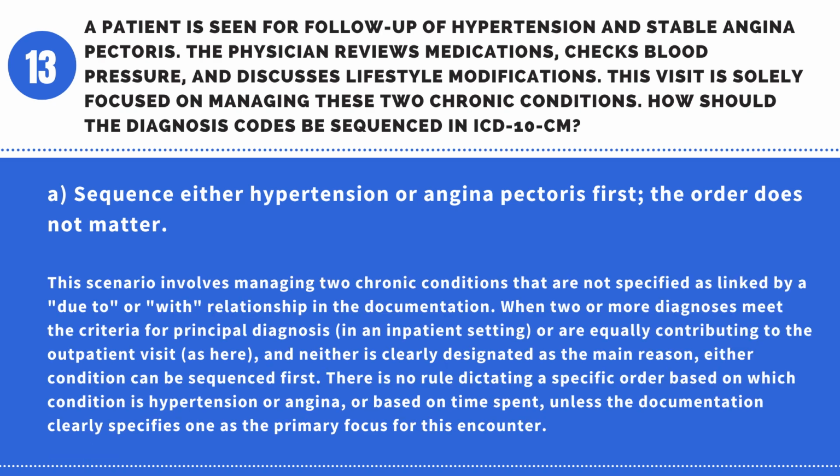Answer: A. Sequence either hypertension or angina pectoris first. The order does not matter. This scenario involves managing two chronic conditions that are not specified as linked by a "due to" or "with" relationship in the documentation. When two or more diagnoses meet the criteria for principal diagnosis in an inpatient setting, or are